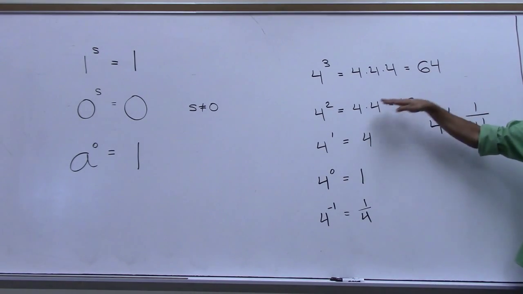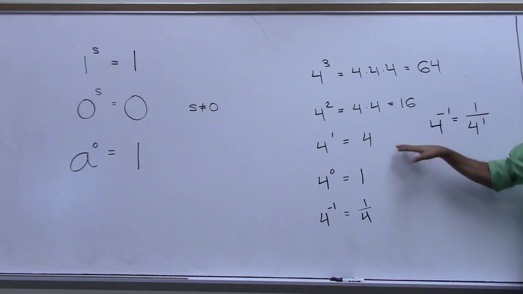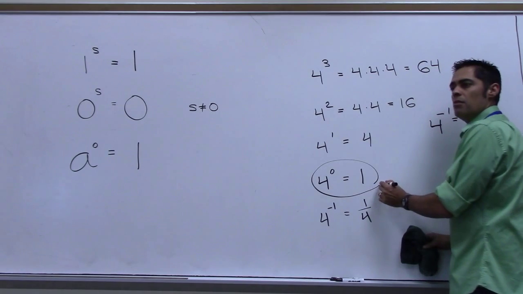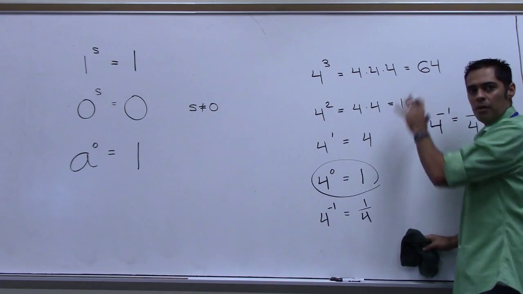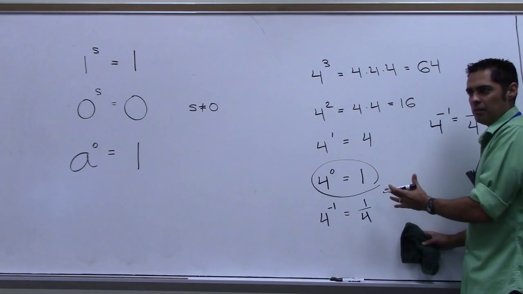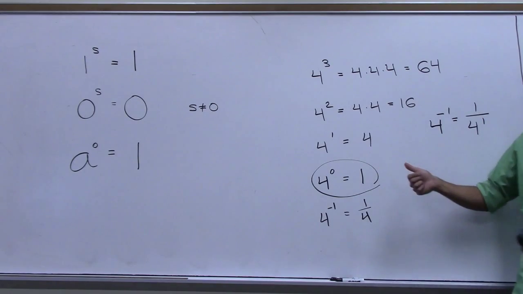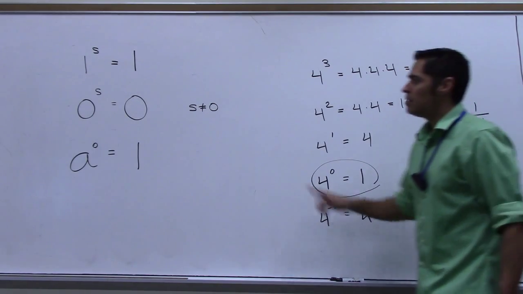So do you see that pattern? If you agree with that pattern, then it makes sense that any number to the 0 is 1. All right? Is that enough? Can I move on? Did I sell you on that? All right. Except for